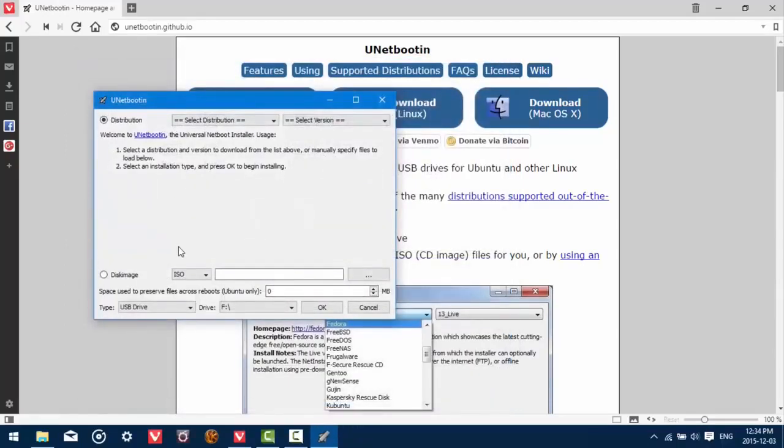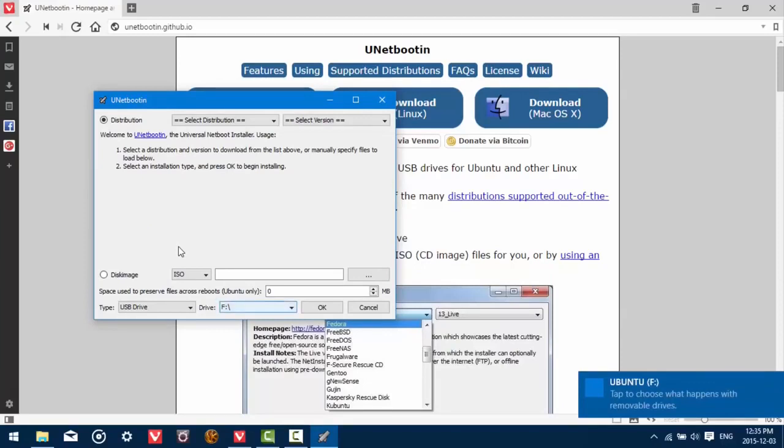And then put it back in. And what this is going to do is it's going to mount it so that UNetbootin can see it, and so we can install on there. Now I got a notification here that said it's the F drive, so it's already selected, so I don't need